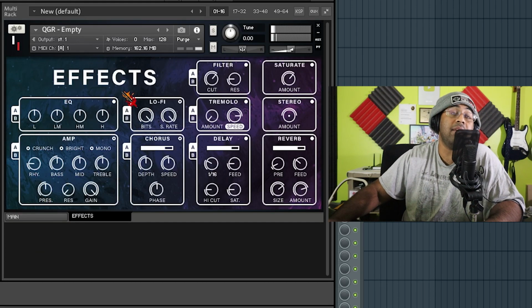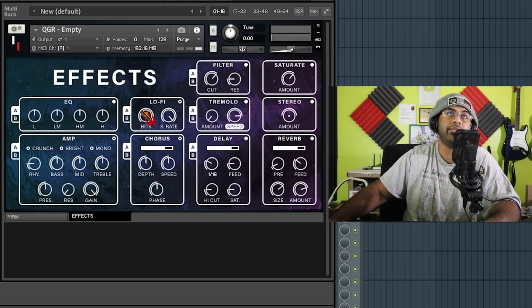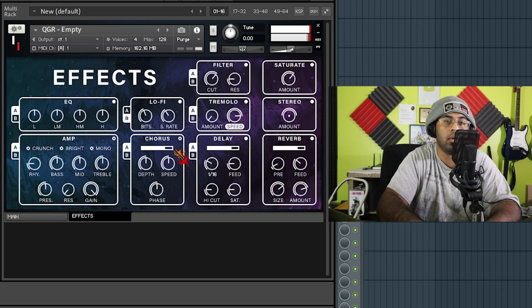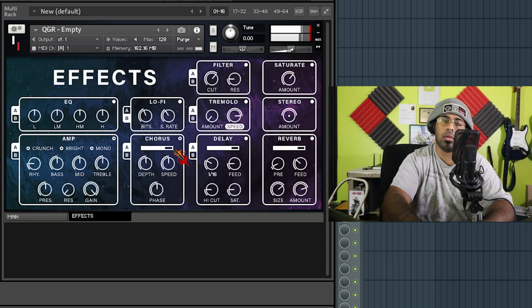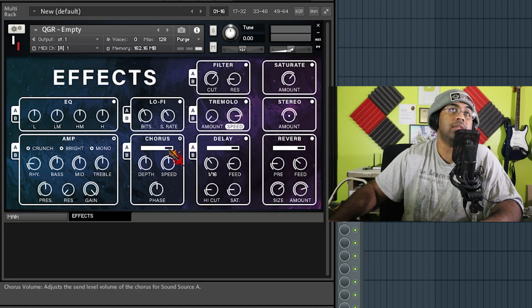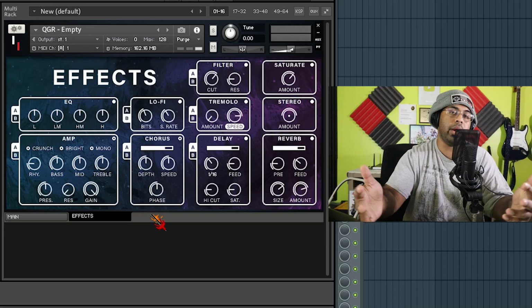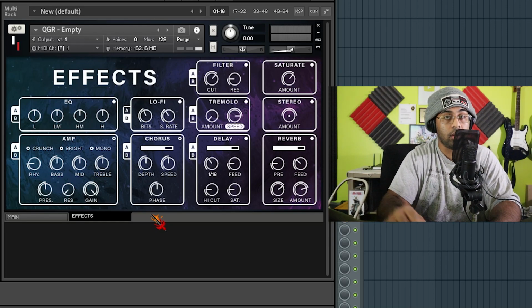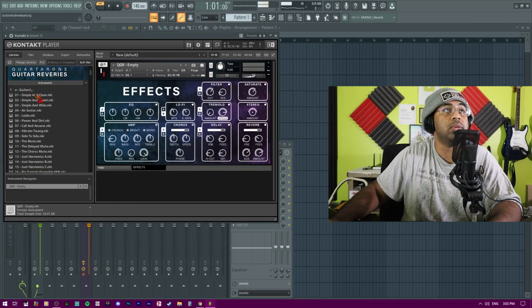As I showed you just now, the effect panels, pretty much real quick effects for your stuff. You have the lo-fi, which is like bit crushing. The filter, these things I showed you just now, but the delay is more like in tune. The reverb, it's more like controlling the effect here. The chorus is something you don't see on the outside, along with the lo-fi, EQ, and the amp. But pretty much these are where you're going to be able to create effects for these sounds and make them all nice and unique. Speaking of which, let's go ahead and give it a listen to some of these things.